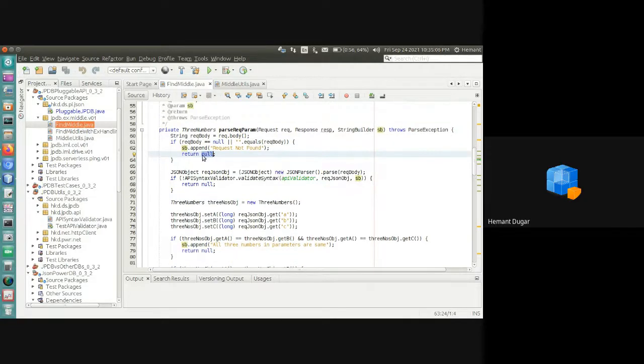After that, if this condition is false, it means the request body is present. So I have parsed this request body using a JSON parser and stored it in a JSON object. This JSON object class is from a Java library, json.simple. I think some of you are still not aware of this, but it's a simple library which works on JSON objects, JSON request and response.